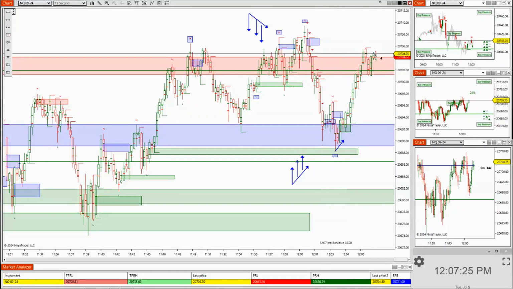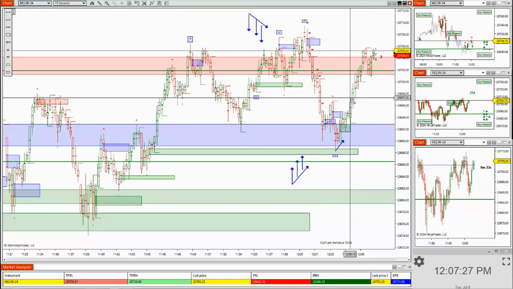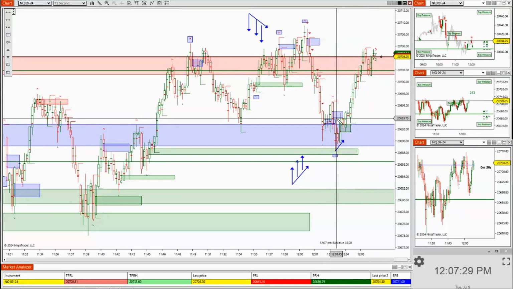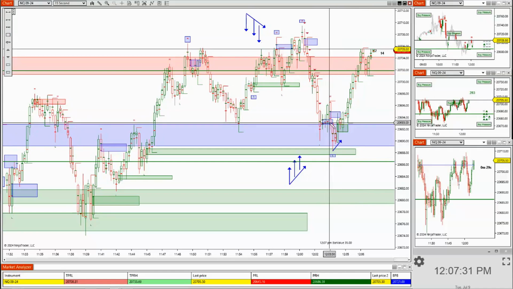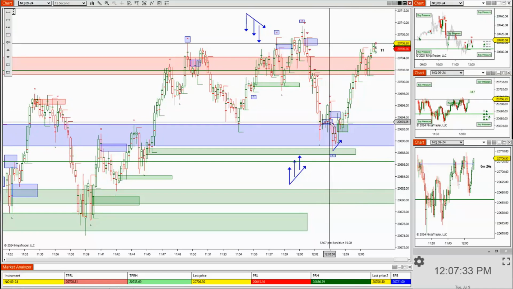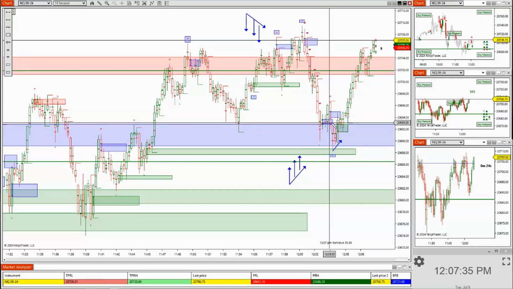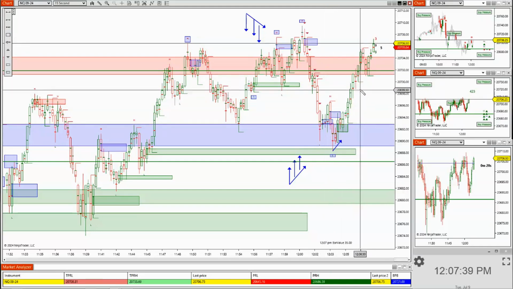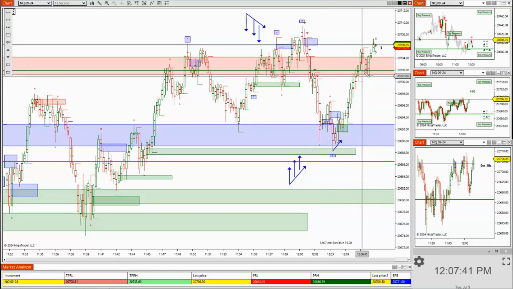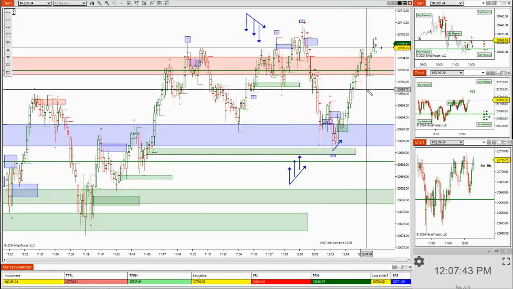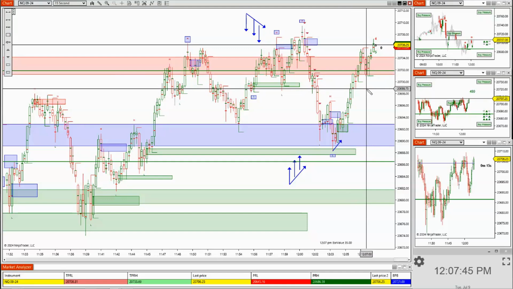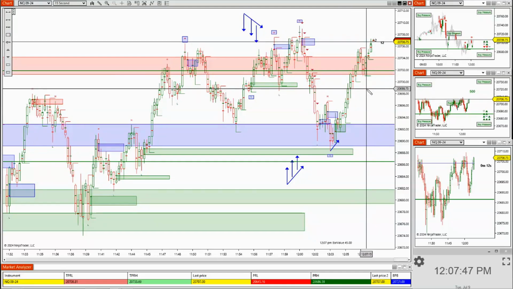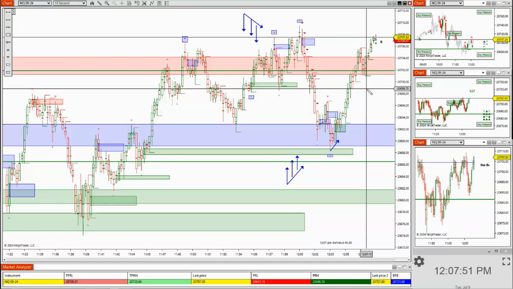Don't hold it. Even if it would have taken off and worked, okay, catch the next one that would essentially hold. Don't trust me on this. Just take my word for it. Don't stay in the trade if they close beneath that threshold. Don't do it. All right. Just want to tell you that. Take my word on it if you don't mind. I'm trying to read it in real time so you don't have to, because I know with trading, you don't want to have to trust, or at least not the person that's telling you the information. You want to trust the market, because the market is the only one that's going to reward you.